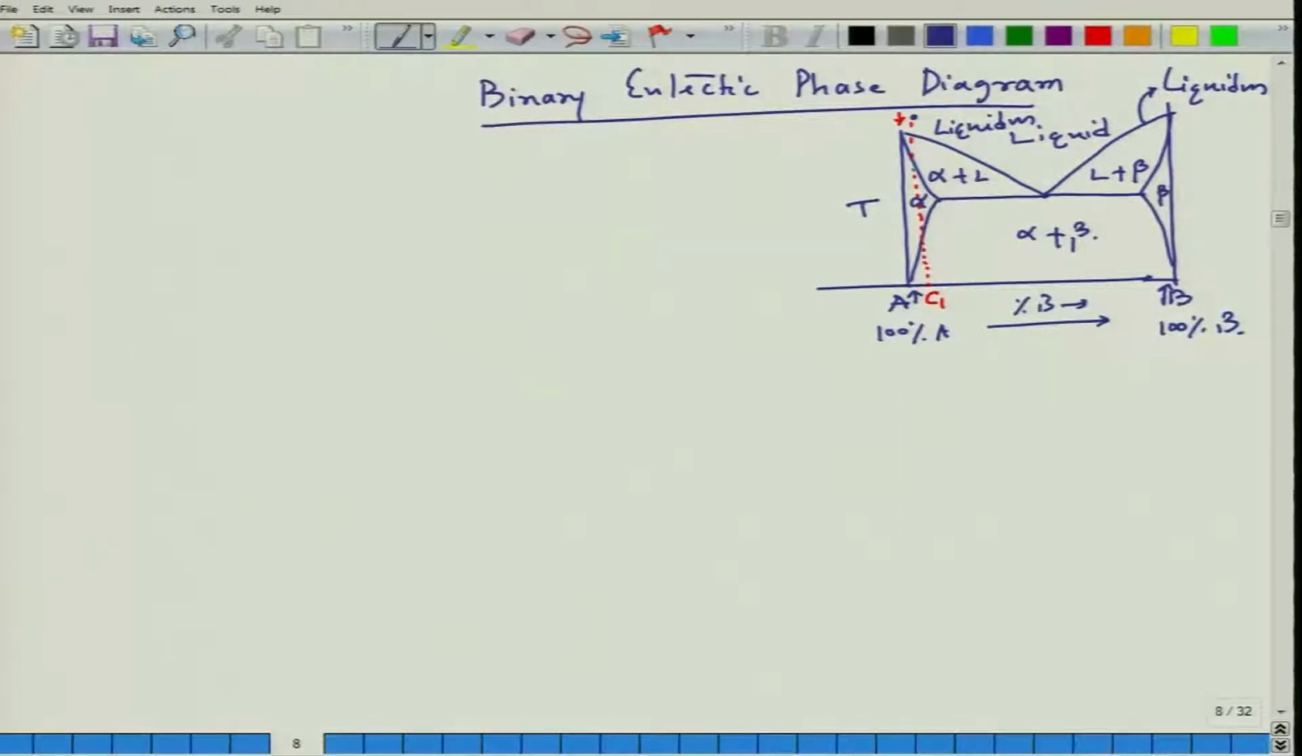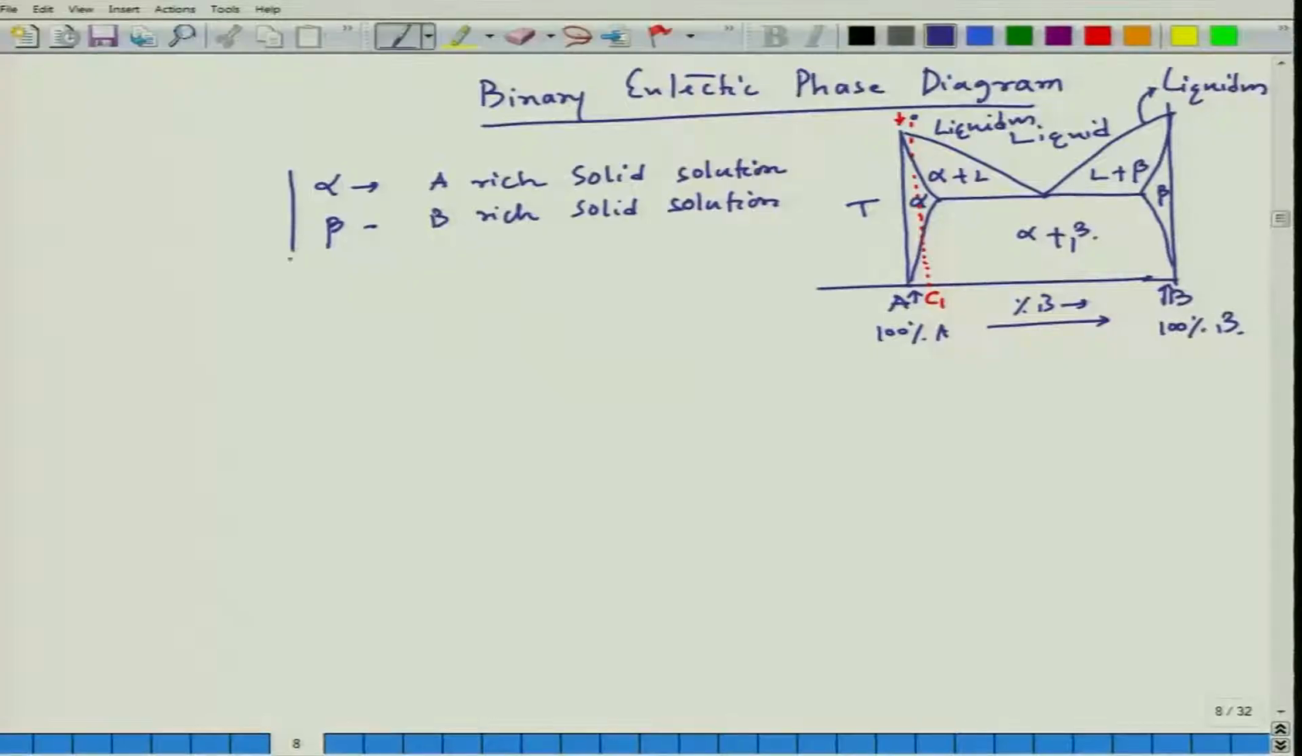and then it goes into a single phase region. Alpha means A rich solid solution, and beta means B rich solid solution. In the beginning we are just concentrating on solid solutions. There are systems where beta can be a compound, for example, in the case of the aluminum copper system where the theta phase is Al2Cu, which is a compound. Now in this case we are considering solid solutions,